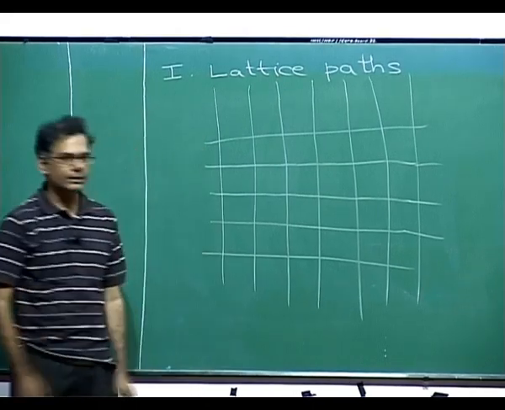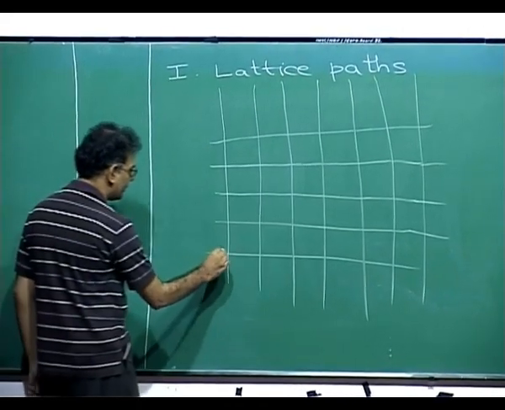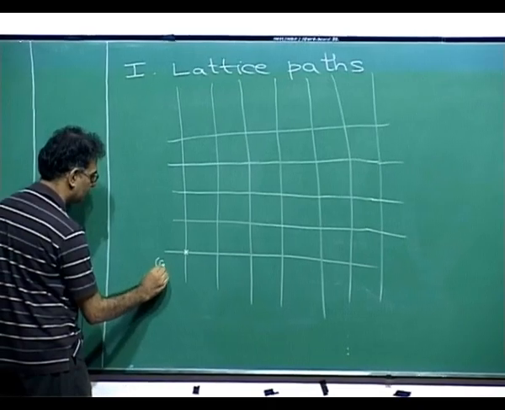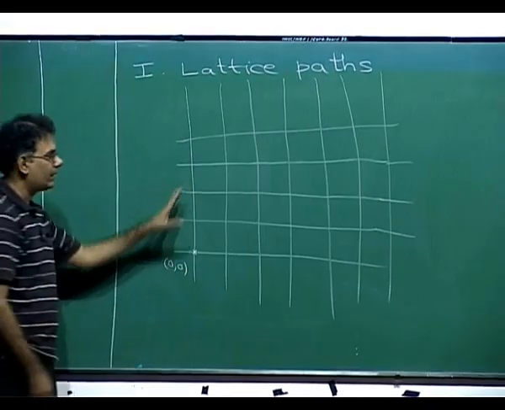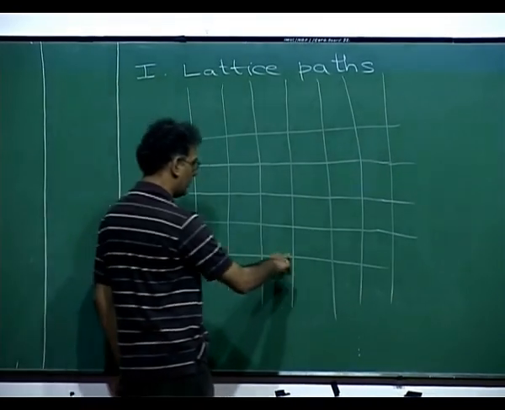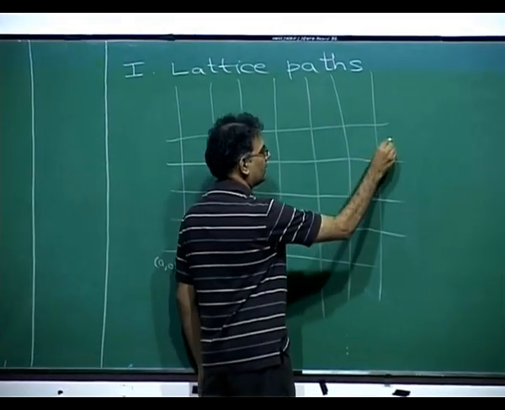Okay, so here is the plane. Take one point, this is the origin, say, and take some other point in the plane. So for example, 1, 2, 3, 4, 5, 6. Let's take this point,